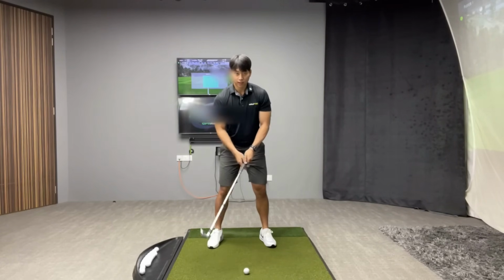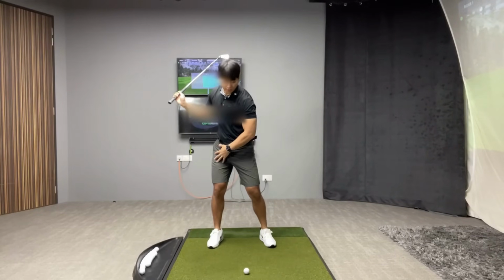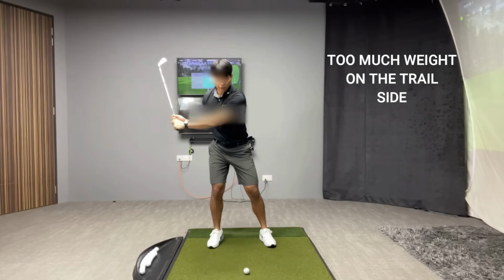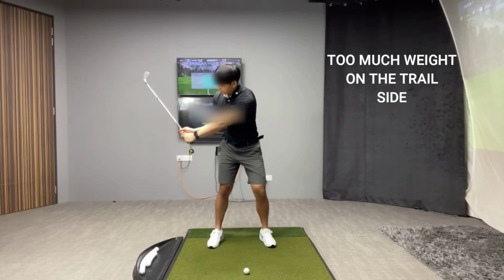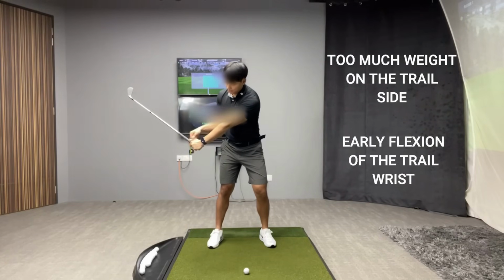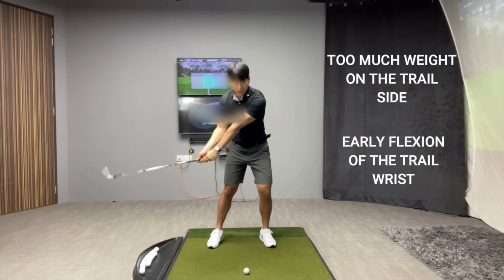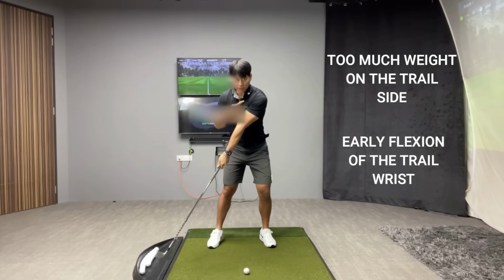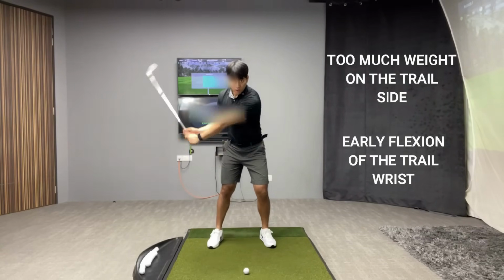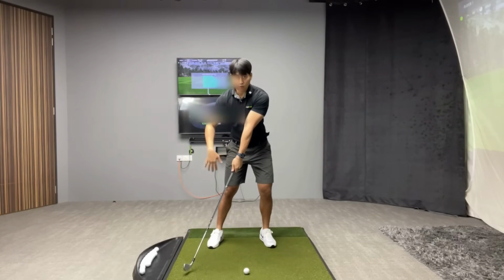Now, the common mistake that I see with most players is that it's in the opposite way. So everything's on the right foot, the weight's on the right foot. Also, they dump out the angles in their trail wrist too early, and they add extension or cupping into the lead wrist way too early before impact. So what happens is that their hands slow down, right? They get the radius extended out too early, and now in order for them to miss the ground, they have to essentially shorten this radius in some way so that they miss the ground